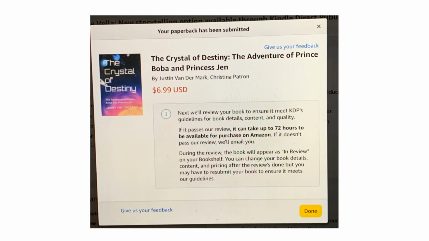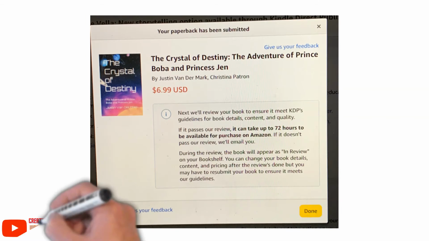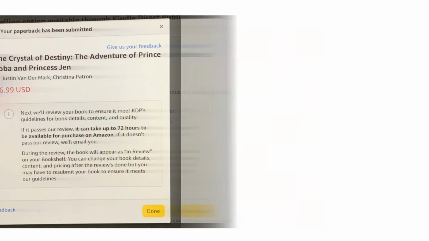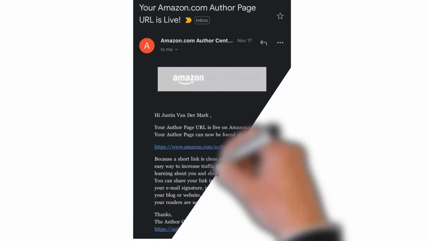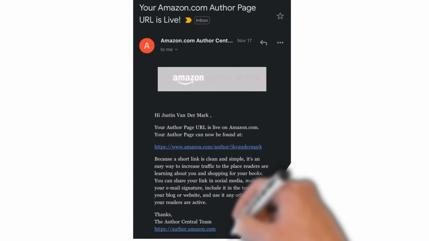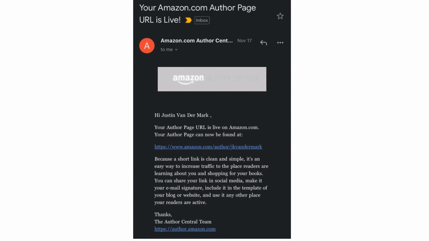And the next best part about it is that you actually get to create an author page. I really like this because I'm also writing short stories, and they give you an option on there to write for short story, which you get to add on there as well. And then you can also start building up your author page. You get to customize it, add a bio, and all this other fun stuff there. So it's really good. I highly recommend it if you are trying to publish